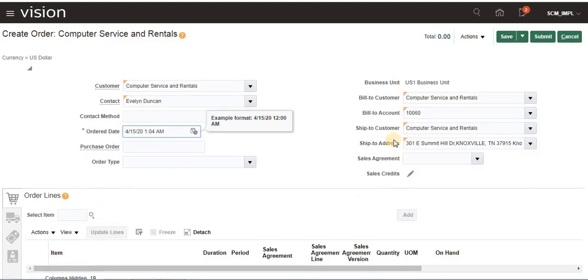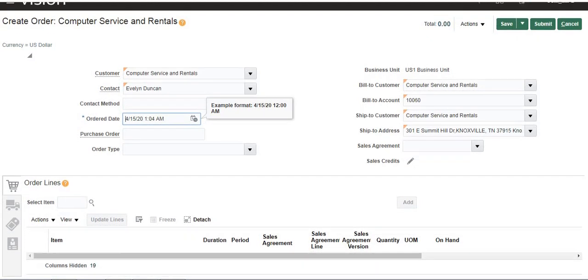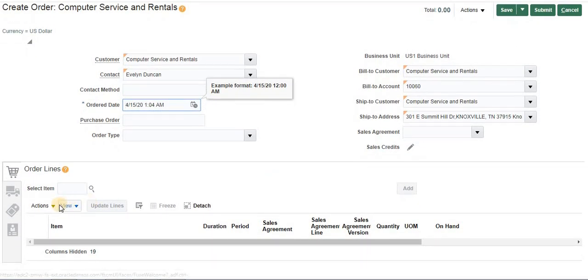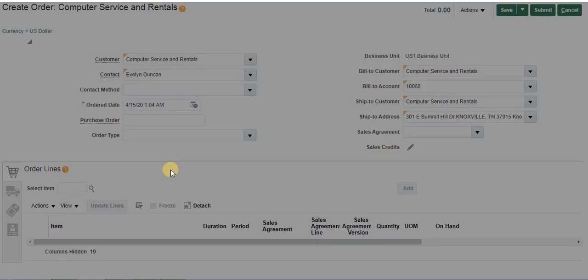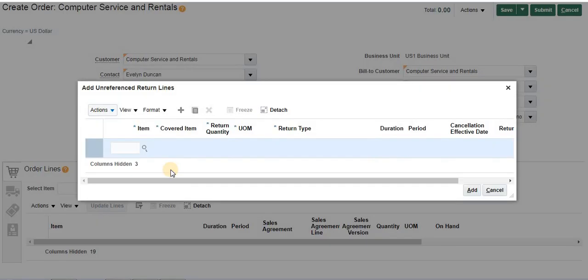Yes. So here in the line, just go to actions, add unreferenced return lines. Action, add unreferenced return line. Here query the item. Here, for how much quantity we want to create the return order, we need to select the quantity. Let's say 10 quantity, and here return type also we can